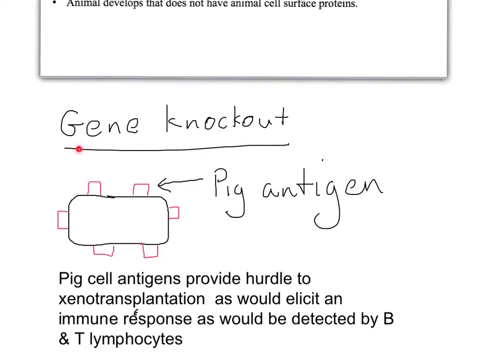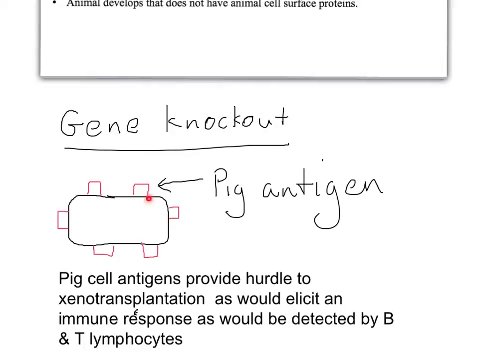the first idea I'm going to deal with is trying to remove pig antigens, and this is sometimes called gene knockout. Okay, so here we have a pig cell. Okay, so we would take a pig cell, in theory any pig cell will do here, okay,